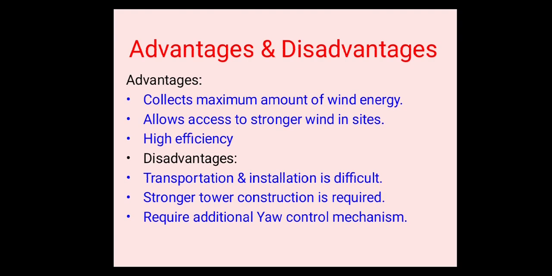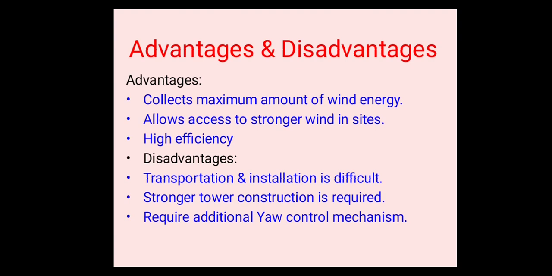First, see the advantages. The first advantage is, due to variable blade pitch, turbine blades make the optimum angle of attack. So, the turbine collects the maximum amount of wind energy for the time of day and season. Now see the next advantage. Due to the tall tower, the base allows access to stronger winds, with wind shear. And in horizontal axis machine, high efficiency is achieved compared to vertical axis machine.